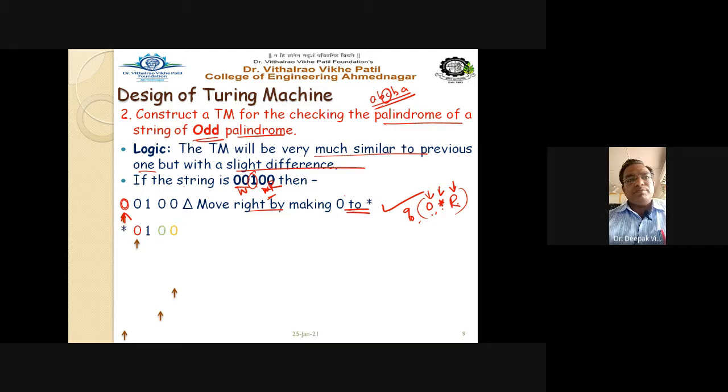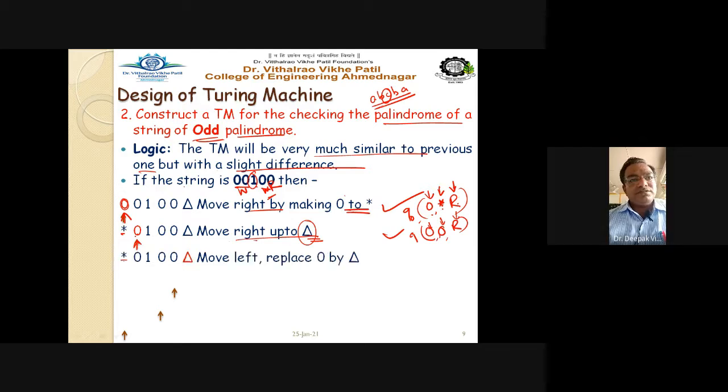So the string becomes star. At this point also the input is 0. So move right up to capital delta. Do not mark this 0 as a star. Move right up to capital delta. So I can have 0 as the output, means no replacement or write is there, and still we have to move to the right. This is another operation, say for example the q1 state. Input is 0, output is also 0, moving to the right hand side direction.